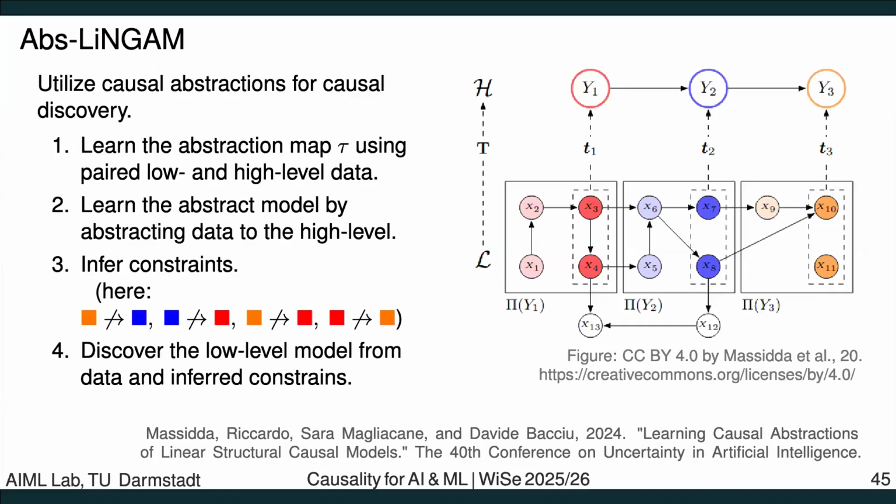Then we have our mapping, so we know maybe the linear factors that compose these y variables. And we can now take all our big low-level data set and map it to the high level. And now it's really straightforward. We apply on the high level